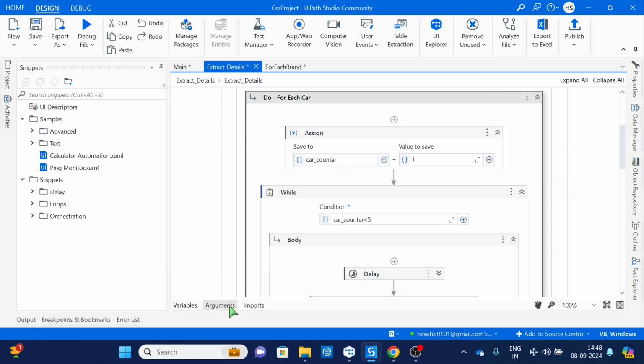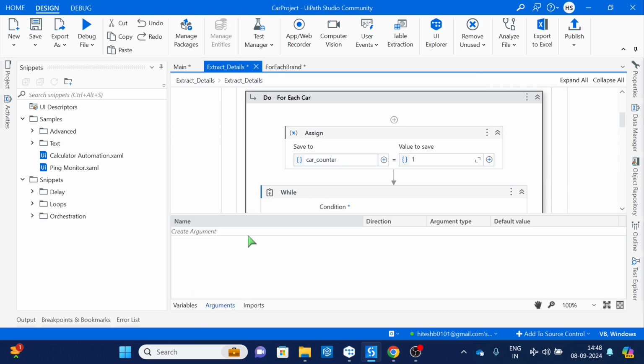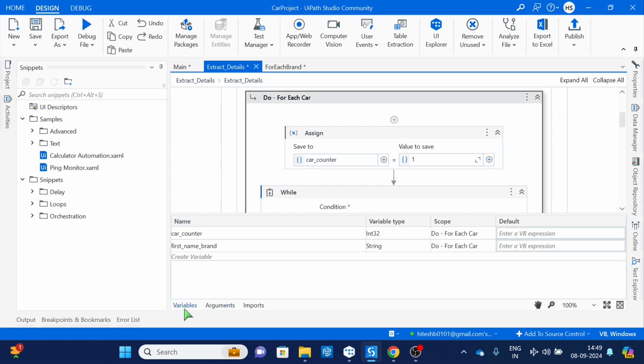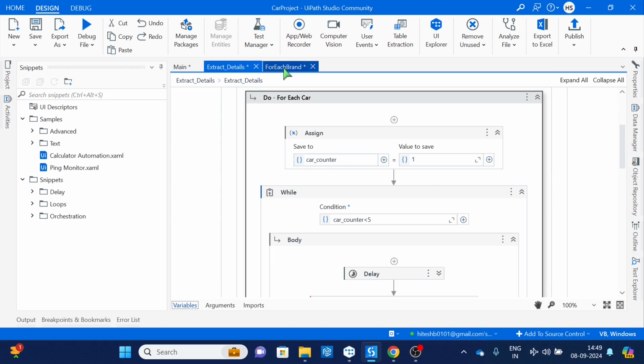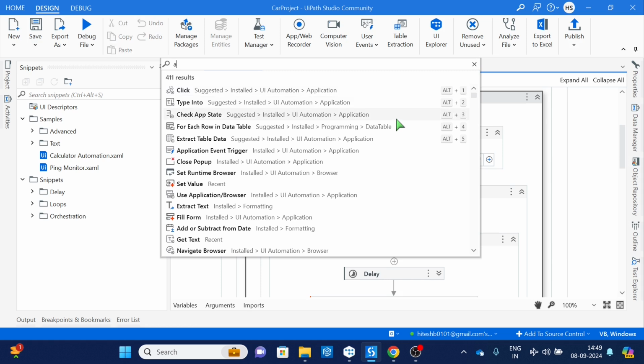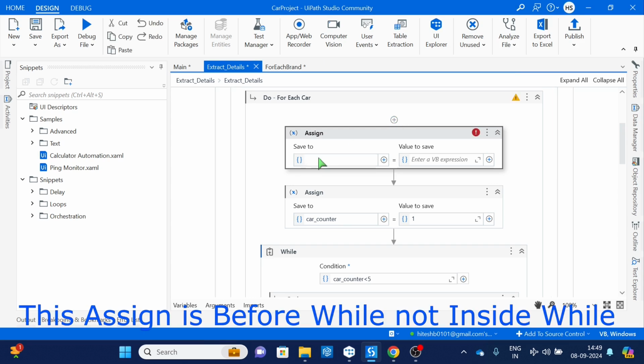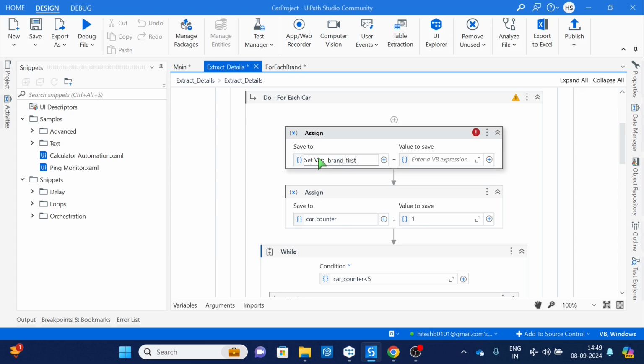First of all, we need that information from the other workflow, so we need one input argument, brand name. So the value will come from somewhere else, when we call this workflow inside this. Okay, so I will take an Assign, and I will create a variable. Control K is the shortcut in UiPath. Brand first name,